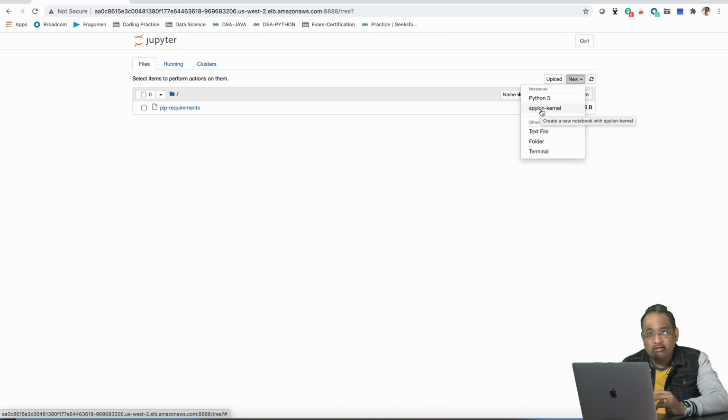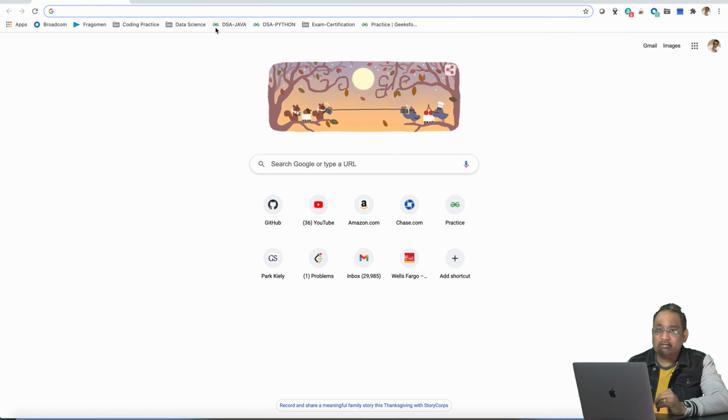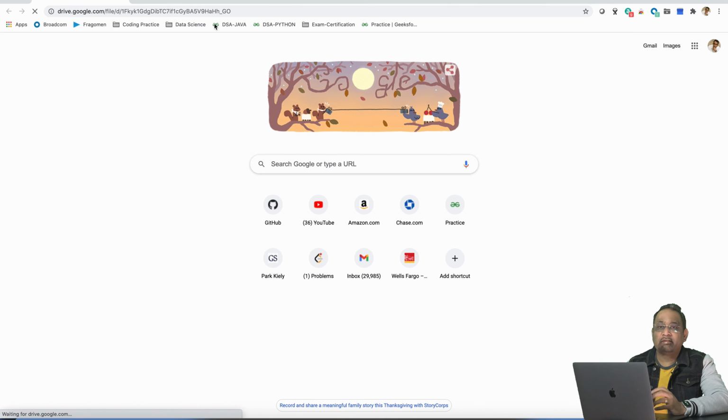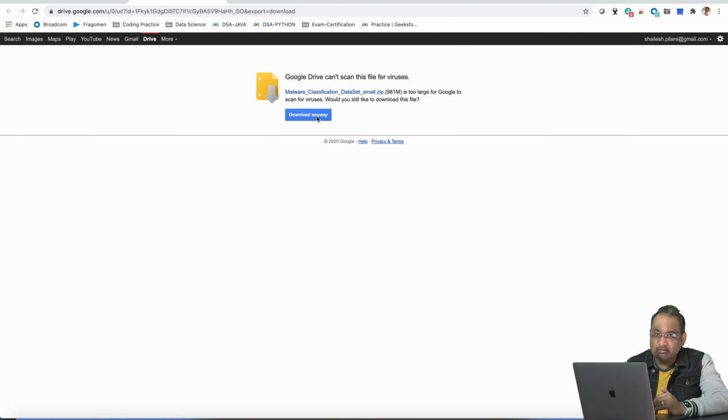So now let's download the dataset from the given URL in the description below or the associated readme file with the chapter. It's a compressed zip file about one GB in size, and after unzipping, the size of the dataset is about 8 GB, which is a considerable size of dataset to run the demo application. Beware that from here onwards we are in the big data territory, but at a smaller scale.